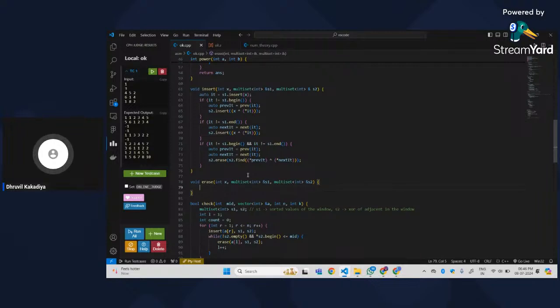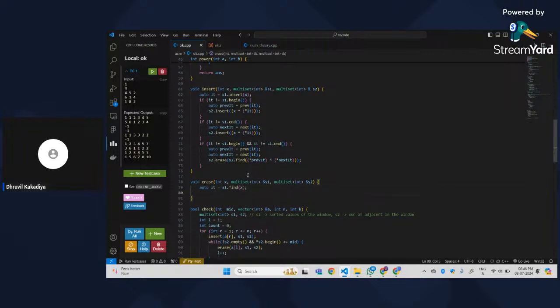First we have to find the pointer at position X. We just can't erase it because we have to modify S2 accordingly. So let's say the pointer is s1.find(x), and after that the same conditions will go here, but some things we have to